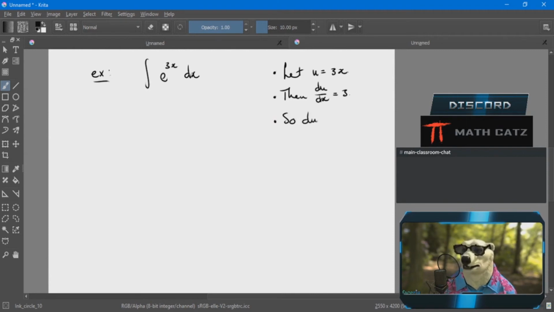So I separate the differentials and get this. Now the first and the last line is the key to telling me what I need to see to bring in all u's. I need to see a 3x. Okay, sure. That guy is my 3x. Good. But I also need to see a 3 and a dx. I don't see a 3. So I'm going to bring in a 3